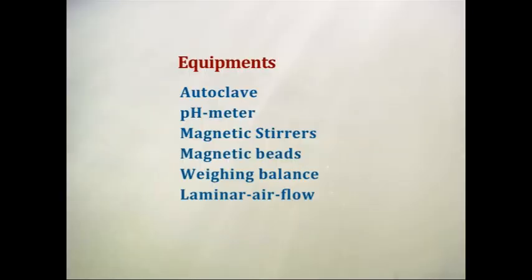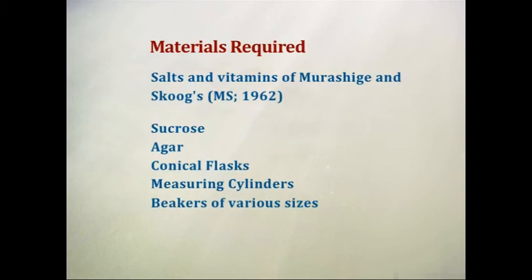The equipments required for the experimentation include autoclave, pH meter, magnetic stirrers, magnetic beads, weighing balance, laminar airflow, etc. And the materials required include salts and vitamins of Murashige and Skoog's medium, that is MS 1962 medium, sucrose, agar, conical flask, measuring cylinders, and beakers of various sizes,